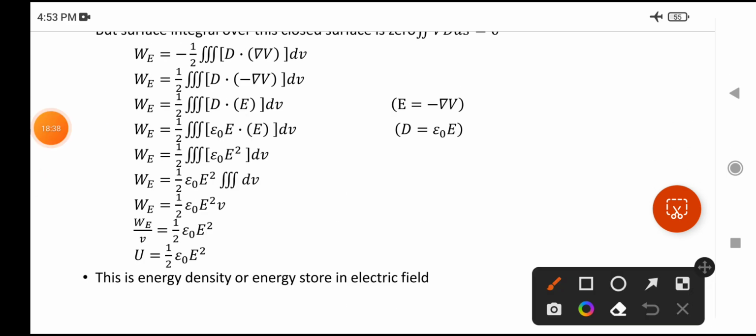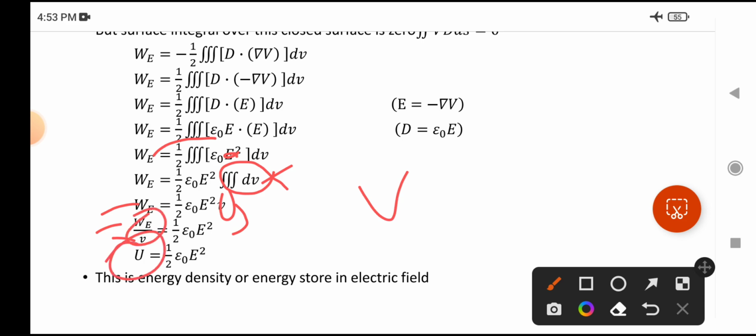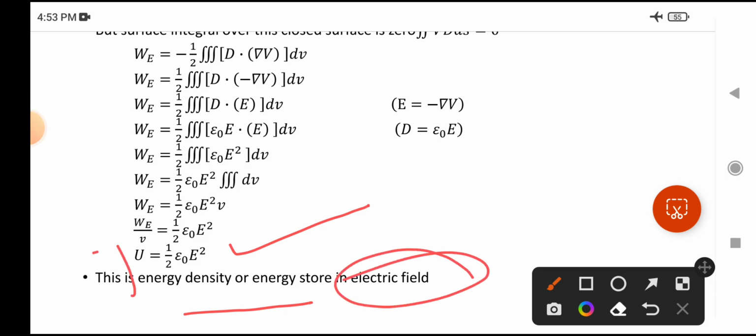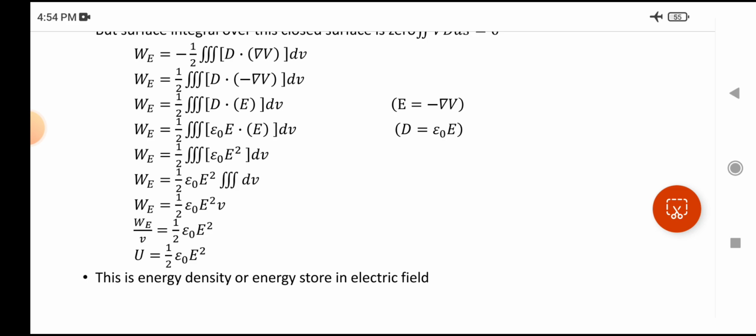Now take these quantities outside: half epsilon naught E square. What you get is dV, a small volume, and by integrating it we get the total volume. Bring the total volume to this side: work by total volume is called energy density. So energy density is half epsilon naught E square. This is the energy density, or energy stored in an electric field, formula. So U equals 1 by 2 epsilon naught E square. Don't forget, it is very important. So please watch